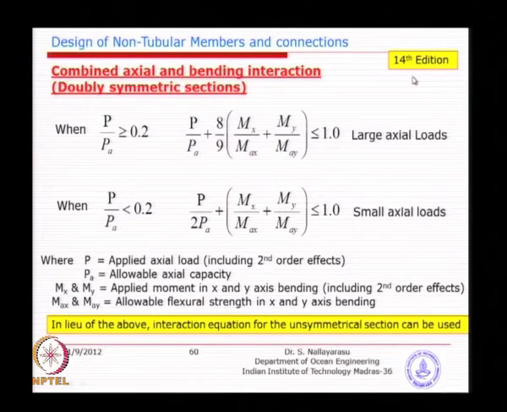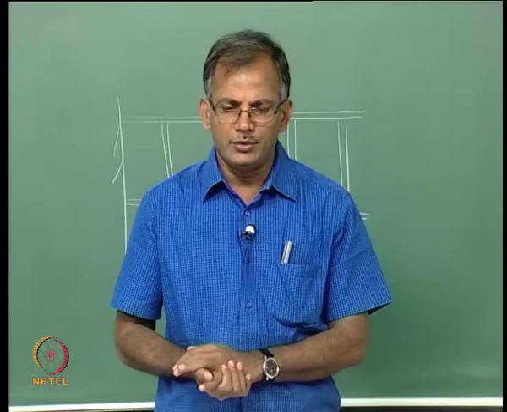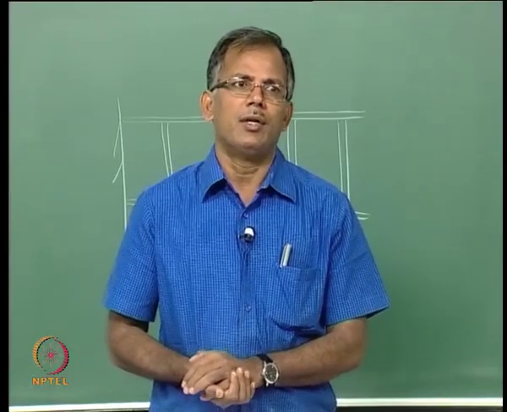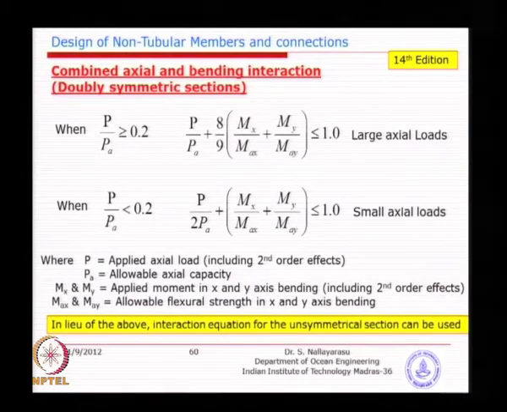Until the 9th edition, the unity check or the interaction equation is very similar to API. In fact, the API was developed from AISC, but in recent times, due to changes in data obtained from experiments, AISC has come up with a slightly modified equation, but of course, the fundamental principle of linear superposition has not changed. So, you can see here it is almost similar, except that instead of stresses you see capacities, very similar to what we have learned from our joint design in API, isn't it?